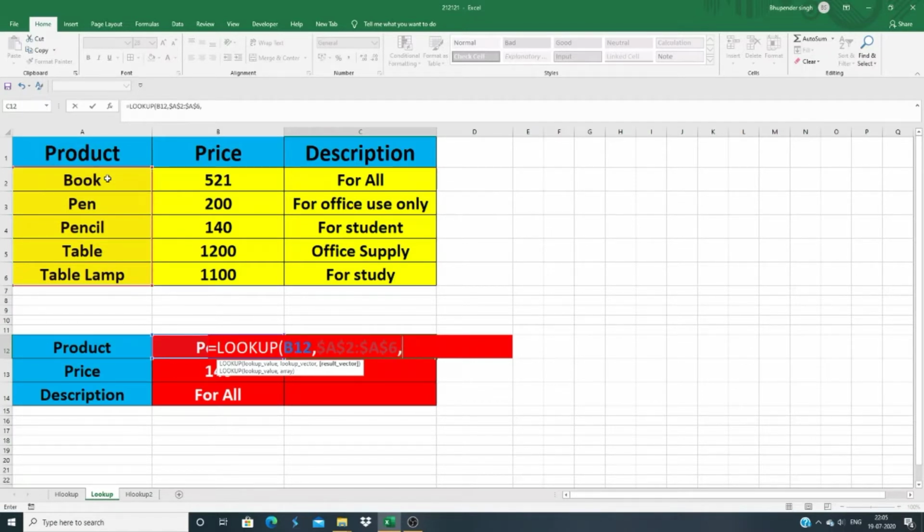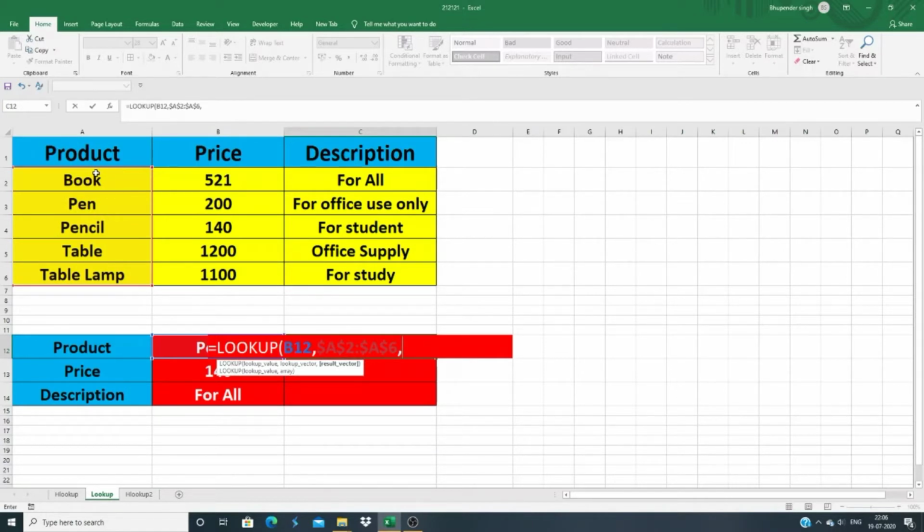So before using result vector, let me show you the reality of lookup, VLOOKUP and HLOOKUP. So guys, when you use VLOOKUP, there is a limitation with VLOOKUP and HLOOKUP also. VLOOKUP only works when your lookup value is in the first column and your data is in vertical format. You can see this is vertical format, and VLOOKUP runs left to right.